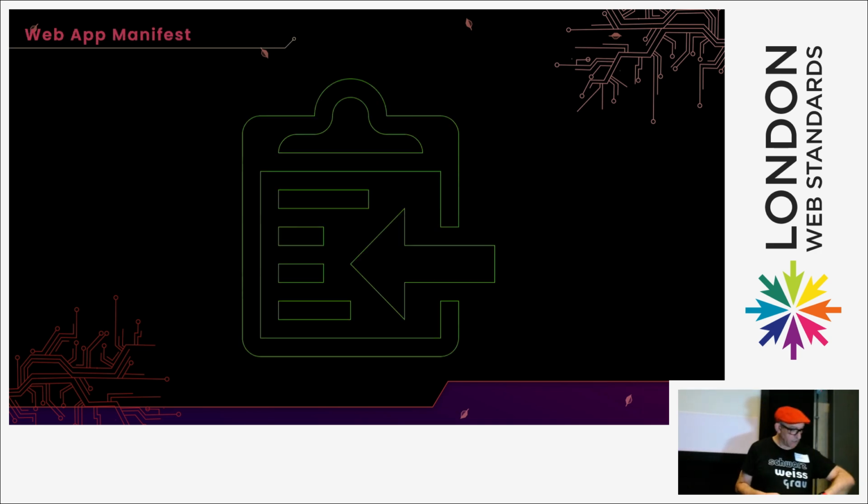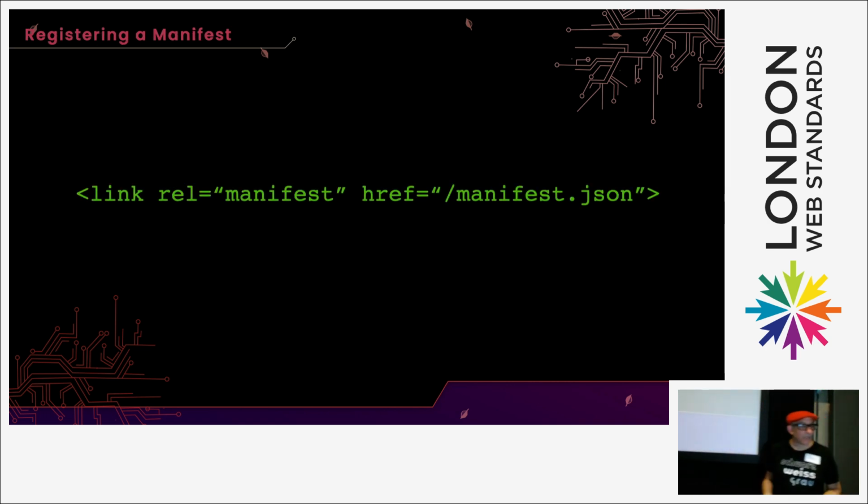Next thing we have is the web app manifest file. You can use this for many, many things, not just your progressive web apps. If you have this on your website, you can change the color of the Chrome on your browser. You can change how the browser looks on your phone and things like that. It's really cool. To build that and put it in our page, we have a link tag that says this is a manifest. It doesn't work on every browser. That's because some browsers don't think you should have progressive web apps because they're evil. But it doesn't matter. It works on some. That's called progressive enhancement.